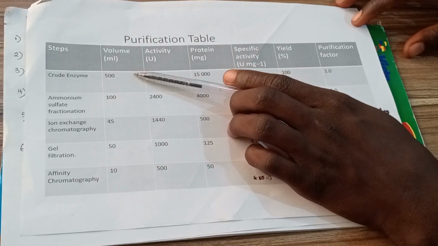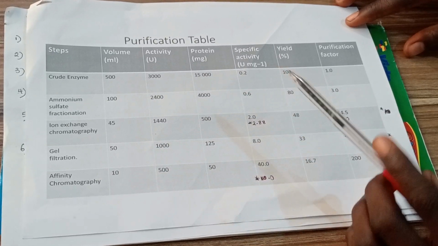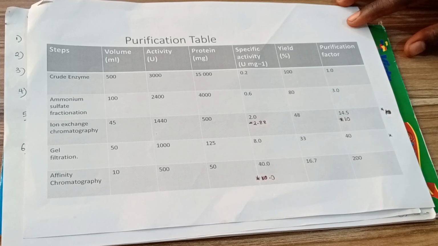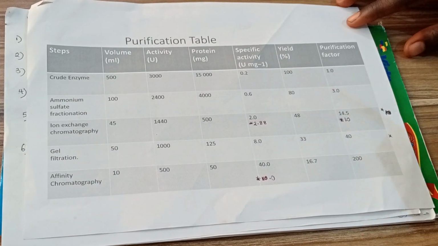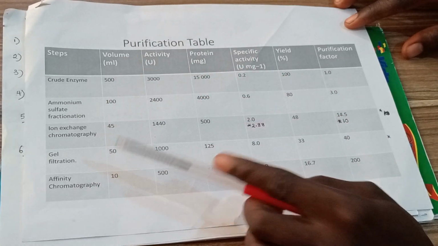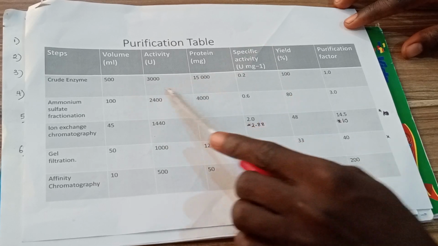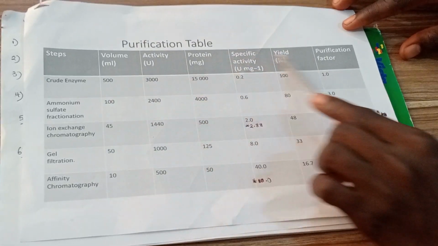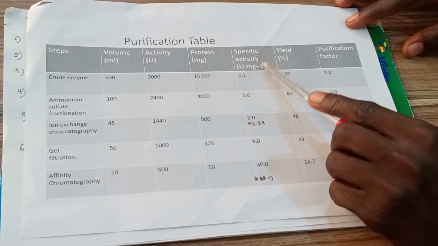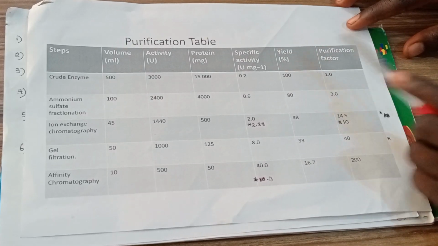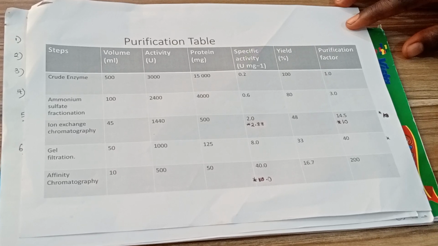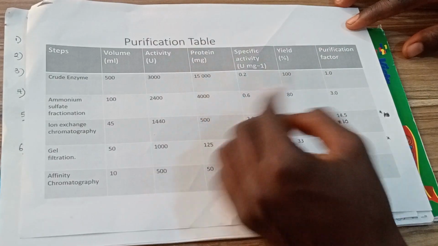And the volume of the enzymes has been given to us according to the table. You will notice that all these things have a definite value, but in most cases, in fact every time, only the volume of the enzymes is compulsory to be given. That means you can actually calculate everything else inside this table, from activity of the enzymes to the proteins, then the specific activity and the yield, which is in percentage, and the purification factor. So in this video, I'm going to be giving you a shortcut formula that you need to get any of these five